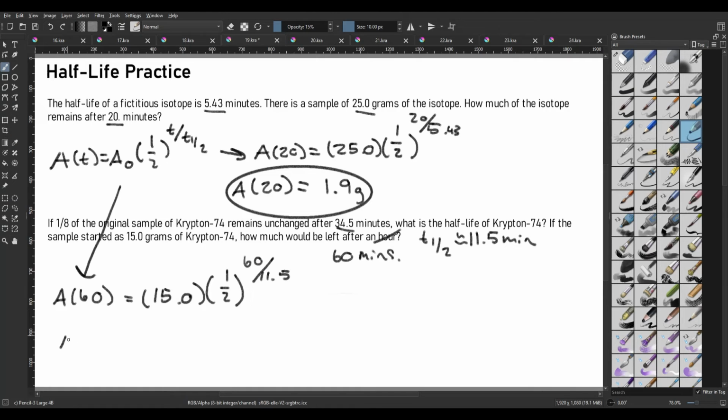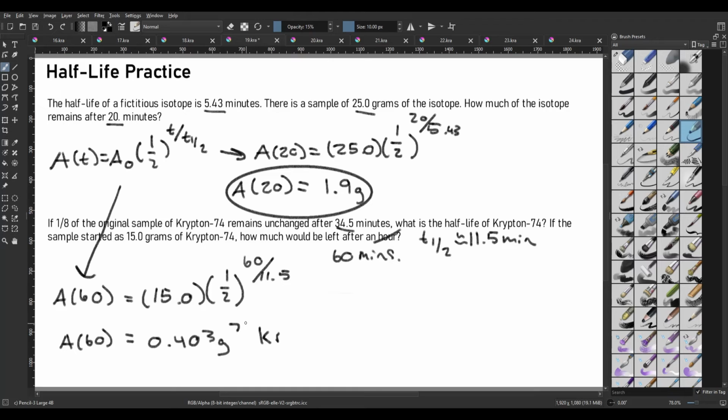So if we solve this in our calculator, remember this is just x or y or whatever. X is going to be equal to 15.0 times 1/2 to the elapsed time, which is 60 minutes over the half-life, which is about 11.5 minutes. Now, after an hour, there's going to be, using three significant figures, 0.403 grams of krypton